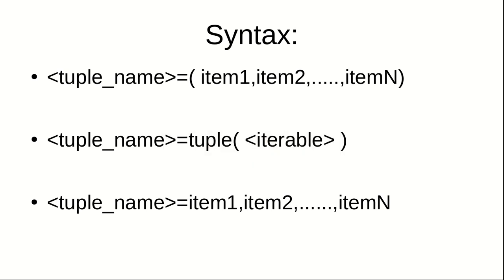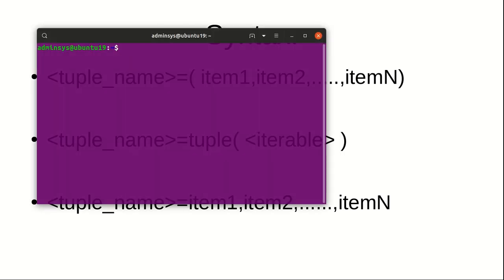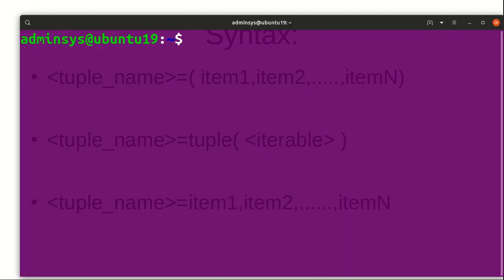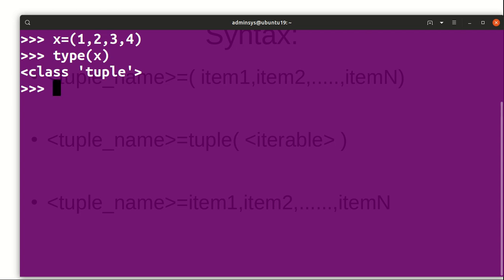I will open the terminal and increase the size. Type python. Now we'll create the first form, that is tuple name, let's say x equal to (1, 2, 3, 4). If I check the type of x, it returns class tuple.